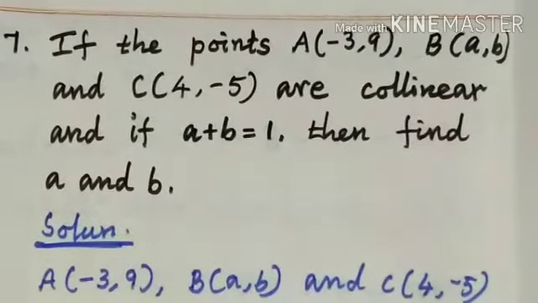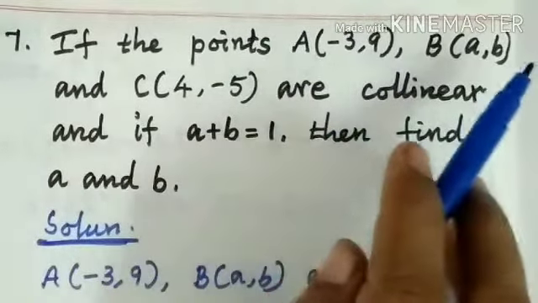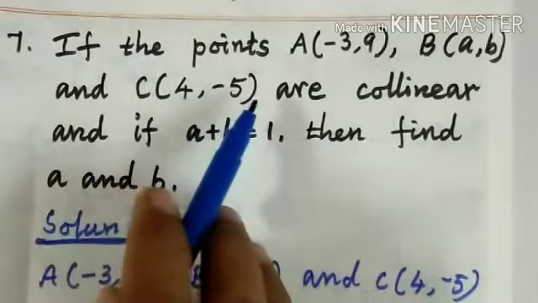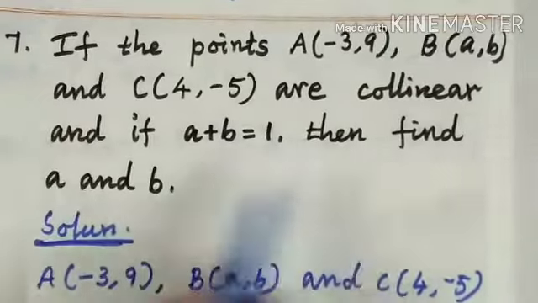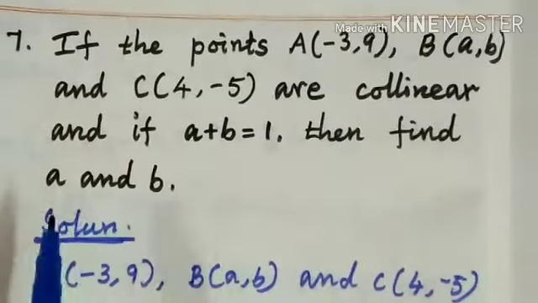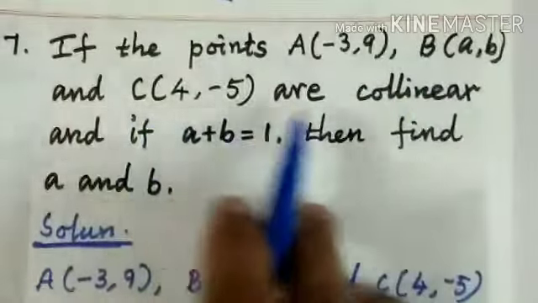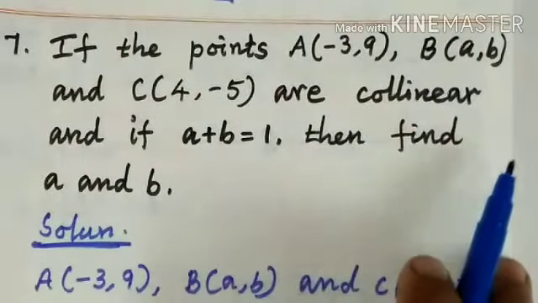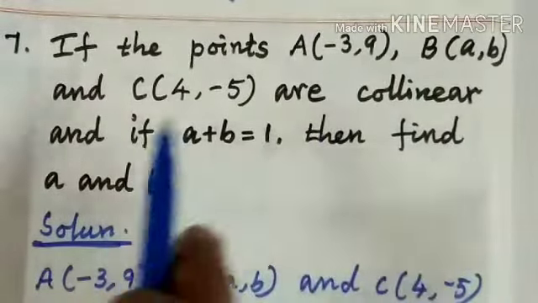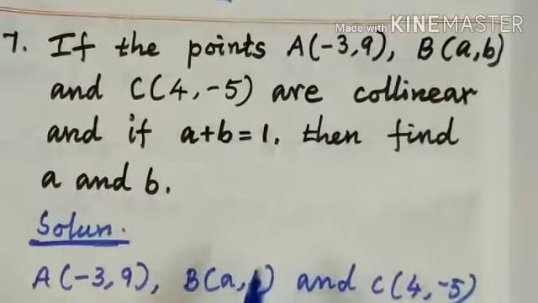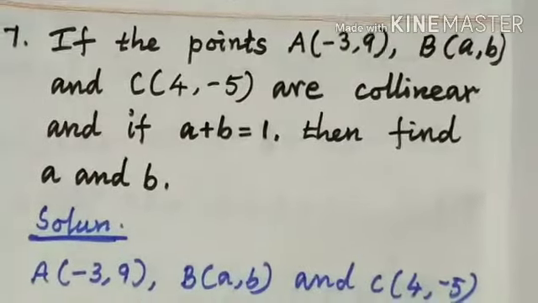Now, see the 7th question. If the points A minus 3, 9, B, A, B and C, 4, minus 5 are collinear, if A plus B equal to 1, then find A and B. In this question, the points A, B, C are collinear. Then means the area of the triangle ABC equal to 0. Here we have to find the value of A and B. In solution,